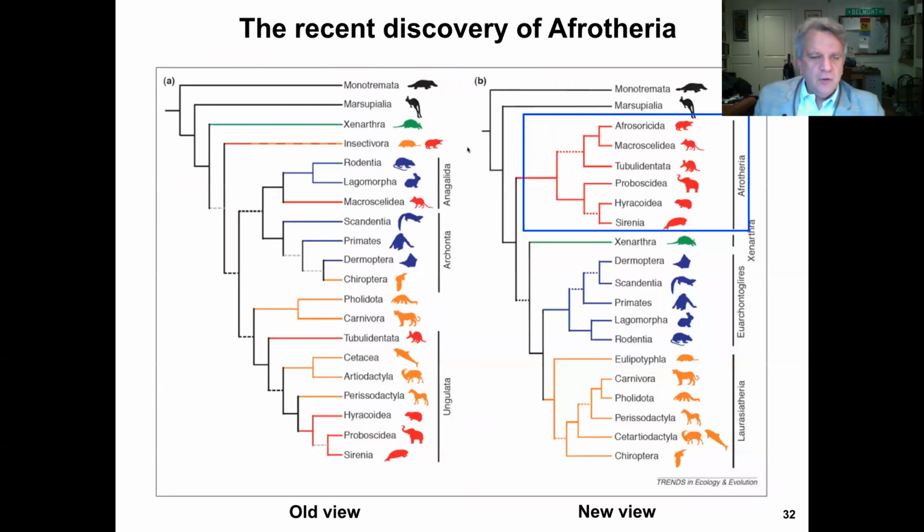Now, mammal phylogeny has actually been a very dynamic and interesting field over the past decade and a half or so. Certainly in my own scientific lifetime, our views of mammal phylogeny have changed dramatically. And these dramatic changes have been brought about primarily through the utilization of DNA sequence data to infer phylogeny. So, for example,